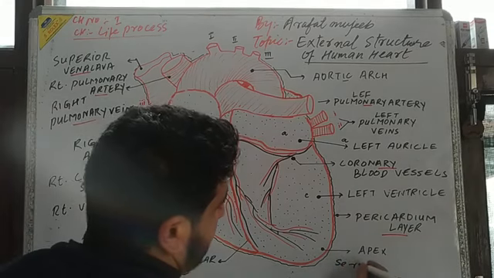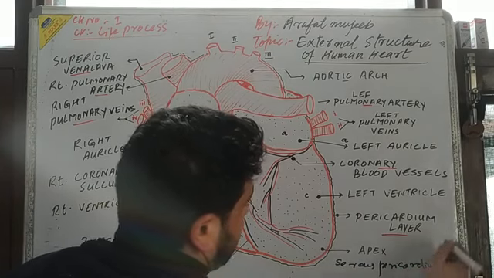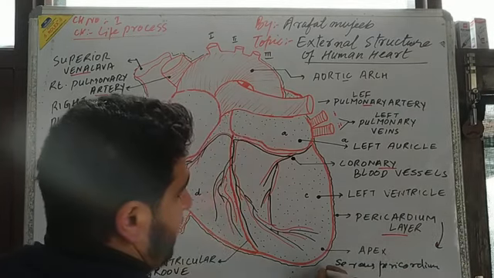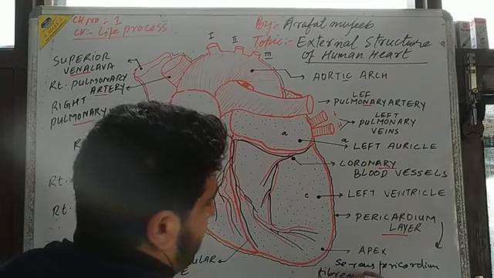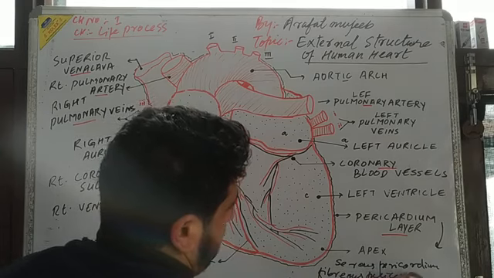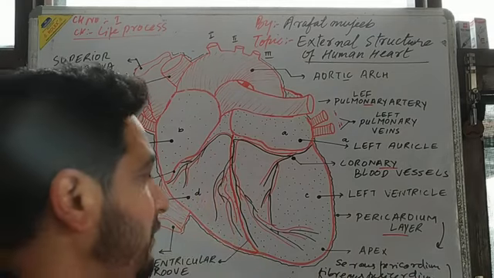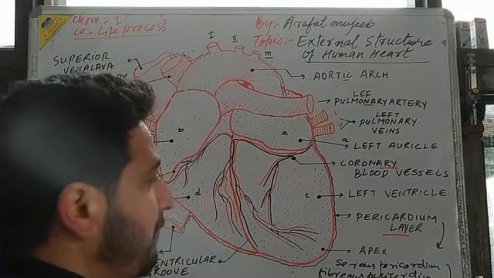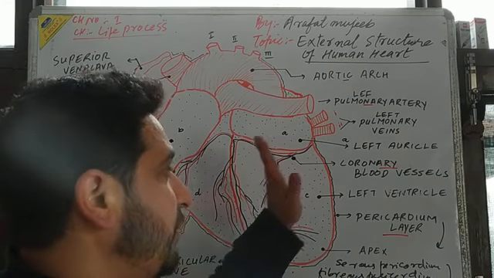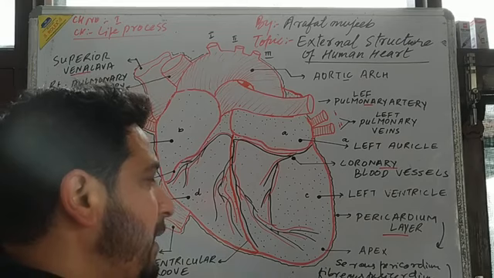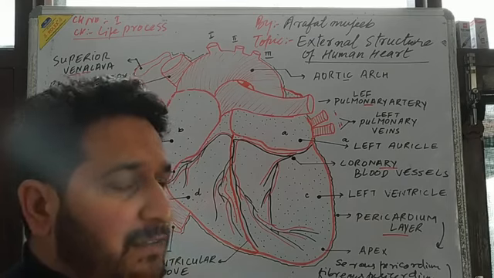This layer is made up of the serous pericardium, and then there is the fibrous pericardium. Two layers. The pericardium is made up of the serous pericardium and fibrous pericardium. Between the two layers, one remains very close to the heart and the other remains outside of the heart. The fibrous pericardium is made up of fibers which give flexibility,